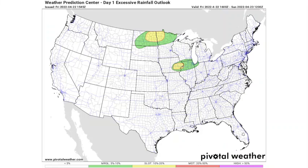Some very heavy rain on Sunday. Now for today, the Weather Prediction Center's day 1 excessive rainfall outlook: a slight risk up here into the northern plains region, also a slight risk and marginal risk across portions here of the mid-Mississippi Valley from near the Chicago region westward into eastern Iowa, around Davenport, Iowa here, that slight risk zone as well